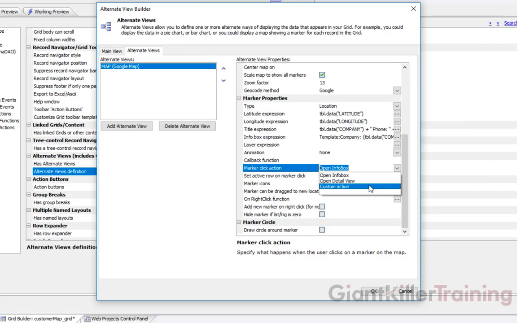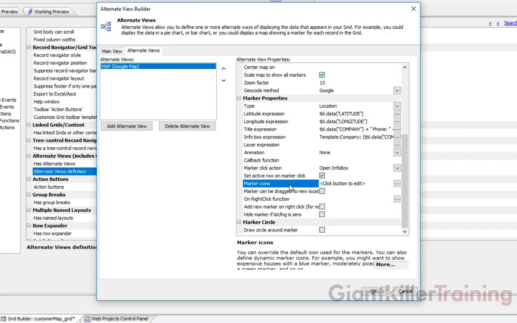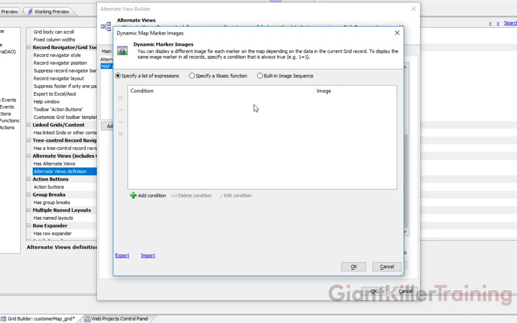And you can also create custom actions where if someone clicks on a pin, you could actually trigger some JavaScript to do something else. Now the last one I like to show is called marker icons, and let's give you a demonstration of that. I'm going to go in here and I'm going to click here, and this opens up a dynamic map marker